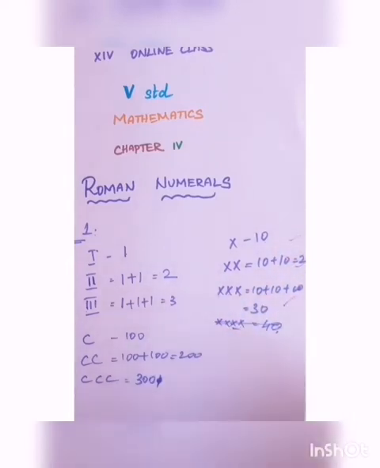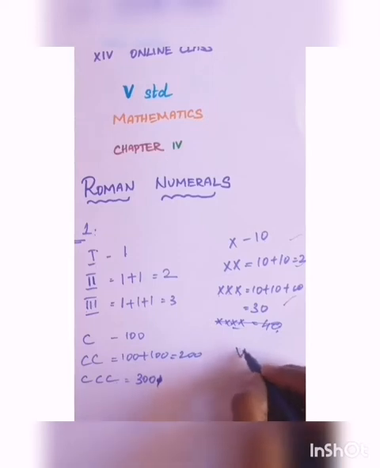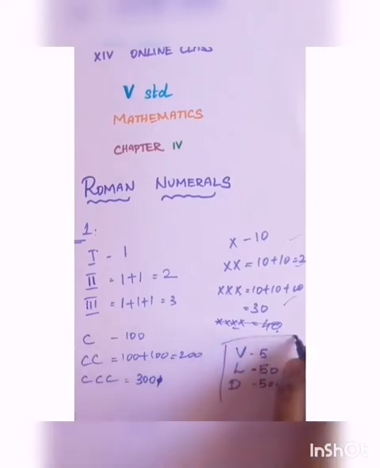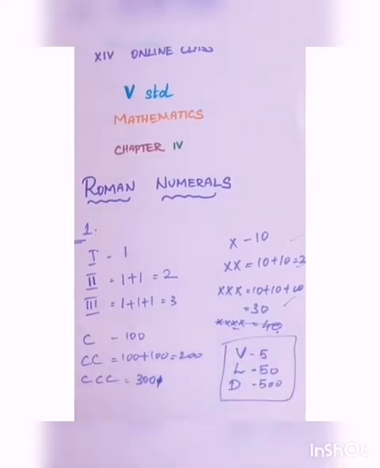We have to move on to the next rule. And also one more important note. What is this? This is 5. What is L? 50. And one more letter, D. D means 500. So these types of letters cannot be repeated. In Roman numerals, we can write V one time only; we cannot repeat these letters. Which letters can we not repeat?